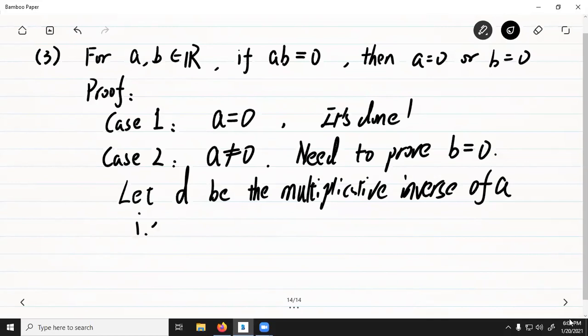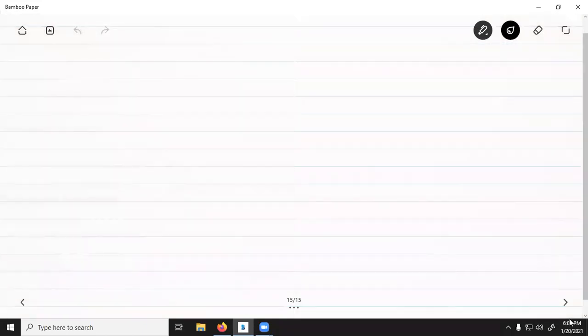That means D times A equals A times D equals 1. Right? This is called the multiplicative inverse. If you multiply this number by its inverse, it would be the multiplicative identity 1. So we introduce a letter D, which is the multiplicative inverse of A. So we know that